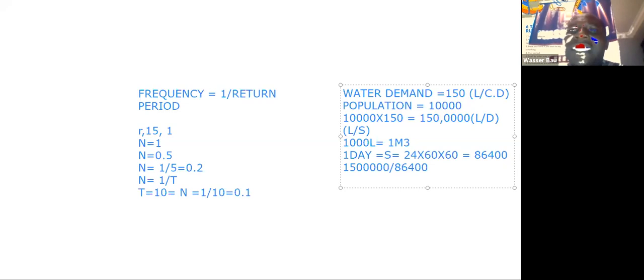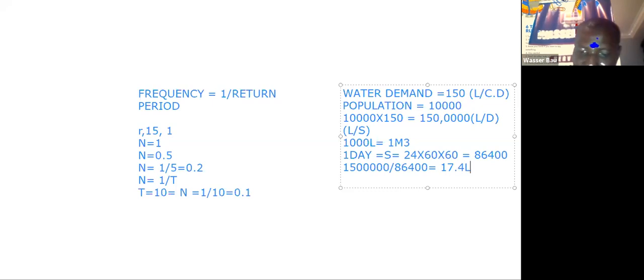It means that, gentlemen, this is a common thing. For a catchment that has 10,000 people, the amount of wastewater they are generating in 1 second is about 17 liters. It makes a lot of sense. So this is 17.4